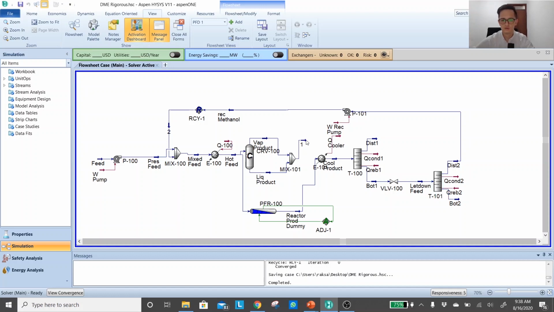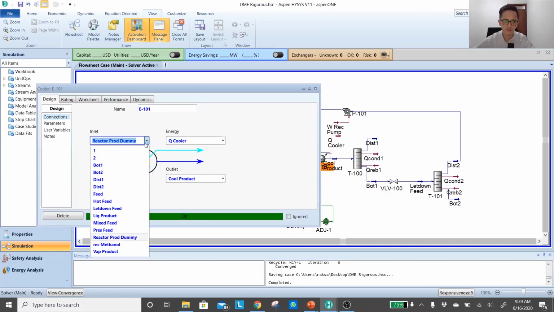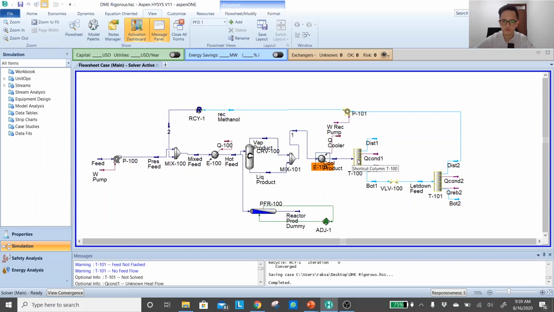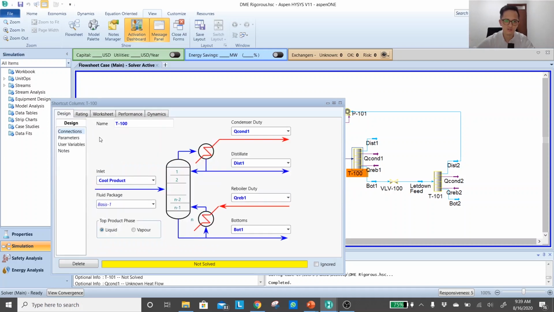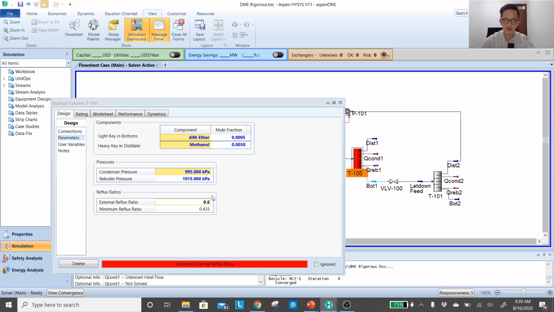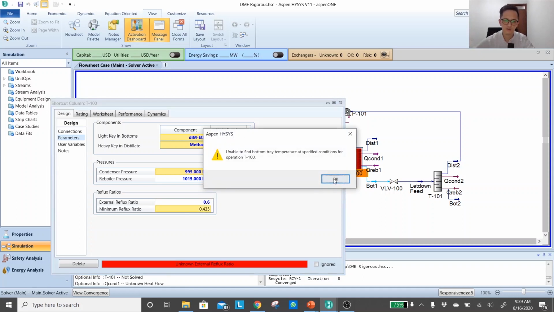So now even the main heat balance is already connected with the rigorous reactor. But if you're still not sure about that, again, it's really up to you if you still want to connect with your simplified reactor. So I'm going to convert it back. And if you have some problem, just fix it, because nothing should really affect it, because the mass balance should be identical. So some of you may not even have this problem.